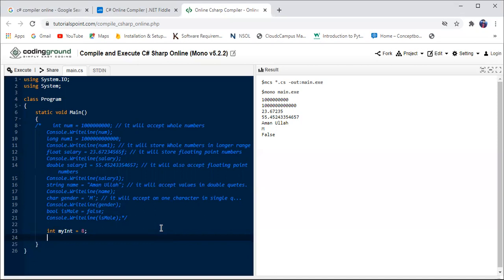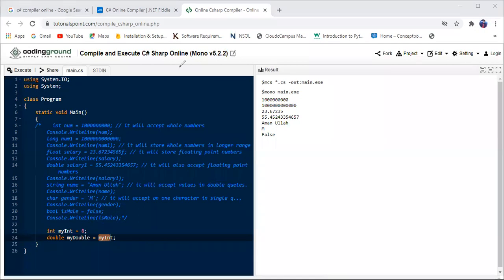So let's create a double type variable, double myDouble, just for your understanding, is equal to myInt. I stored an integer type value in an integer type variable, and now I am converting this integer type variable into double. This is the double type variable, and I store the integer type variable in it. Let me annotate it right here.